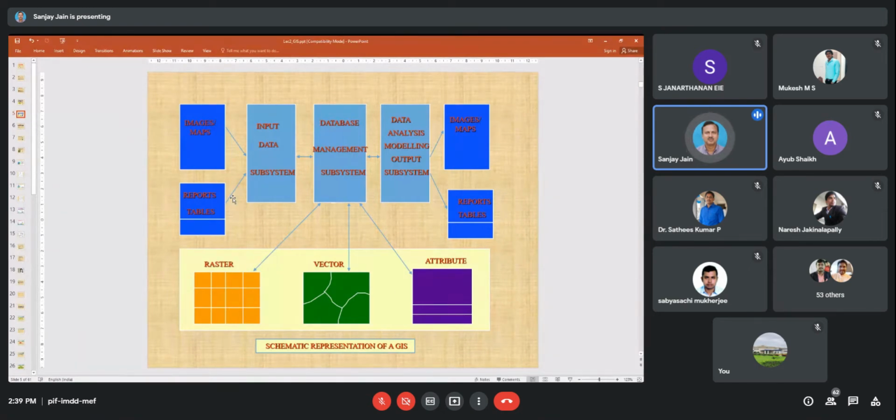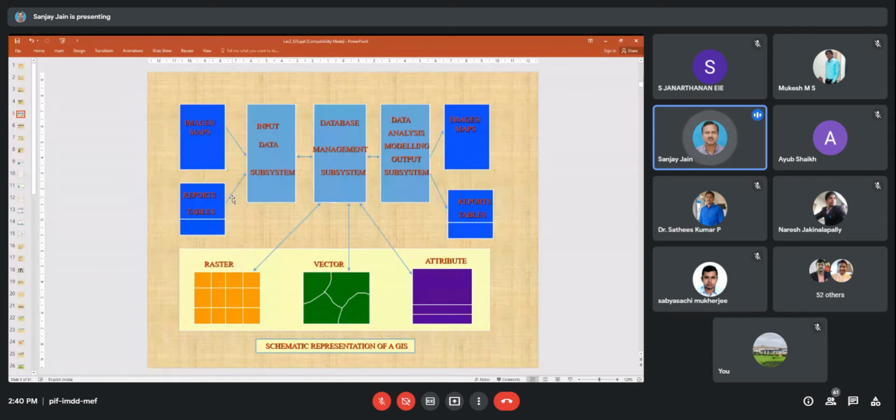And here you can see that spatial is in two forms, raster and vector, which we will discuss more, and attribute is in the form of tables. Okay, so whatever data we are feeding in spatial form, we have to link with the non-spatial, and we can create the maps. A simple example is rainfall.